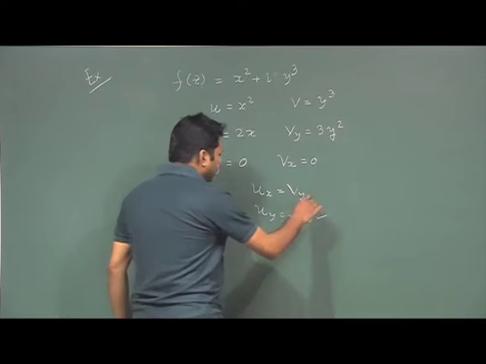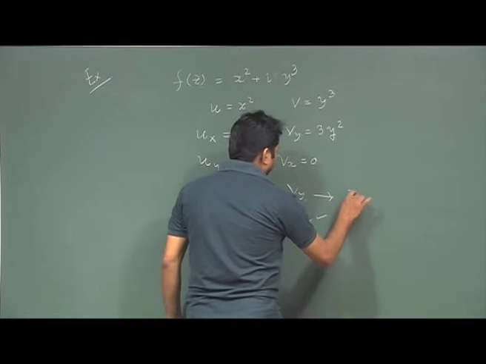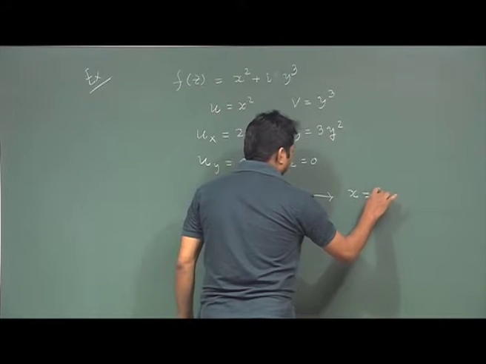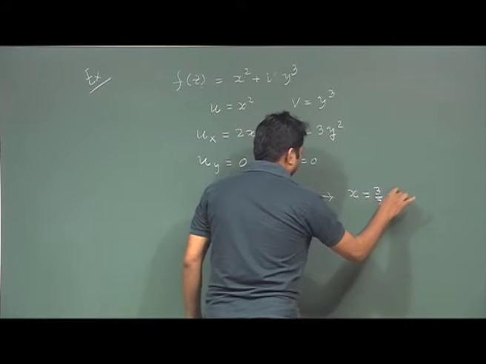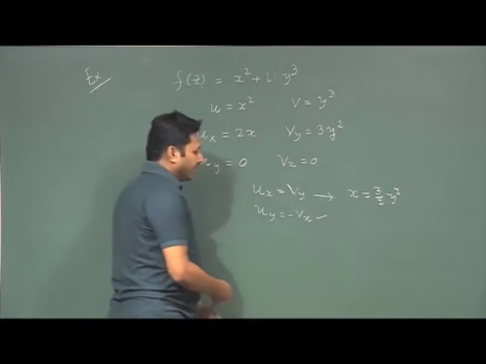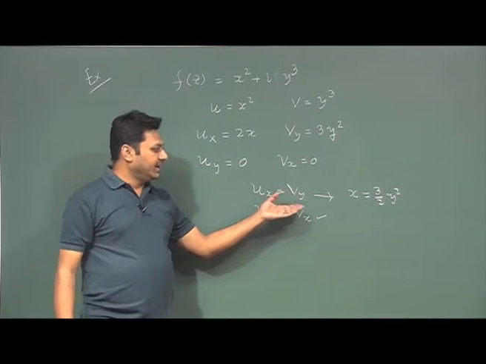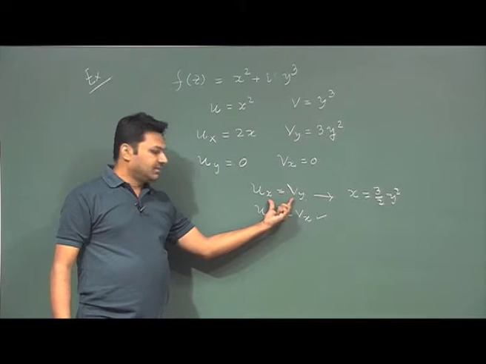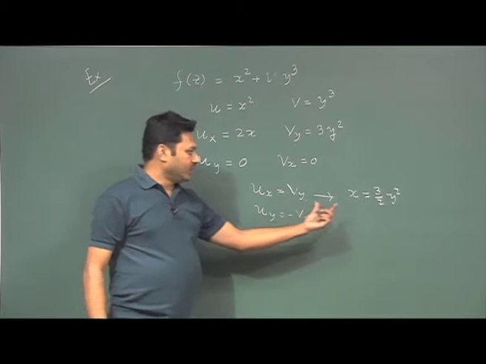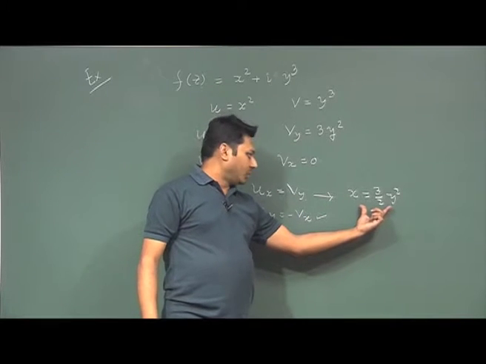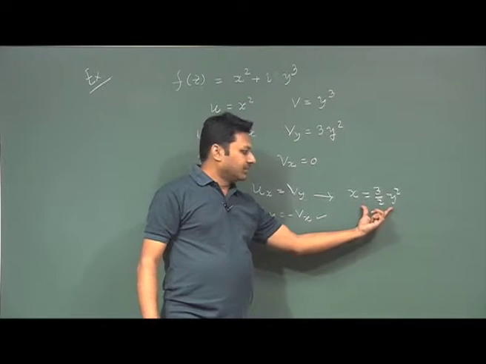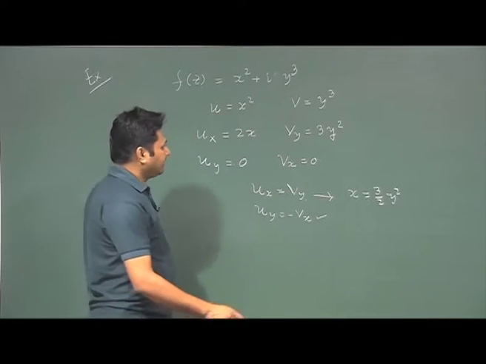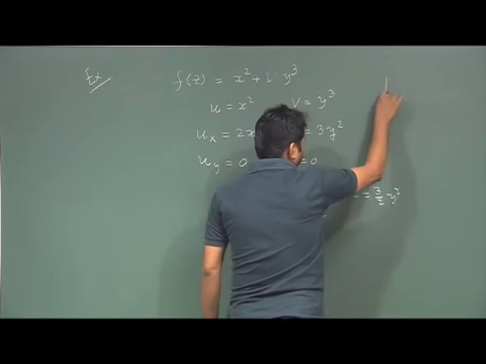So, from this equation we find that x is equal to 3 by 2 y square. That means it is not true for the entire case, only true when x and y follow some relationship. Now, if I plot this relationship of x and y,